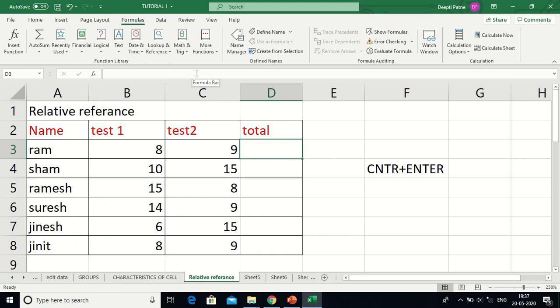Hello all, now we will see the relative reference. I prepared one chart over here having name, test 1, test 2 and a total. In the normal case, if I want to add Ram's marks for test 1 and test 2, how will